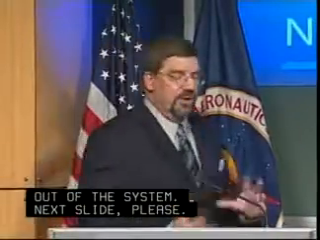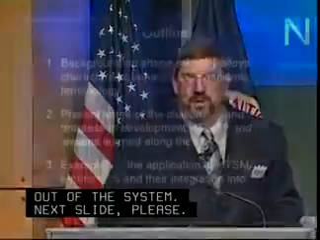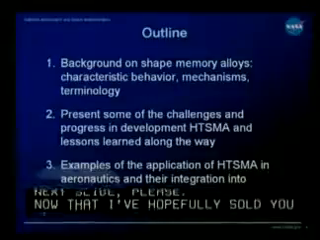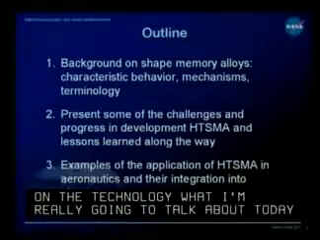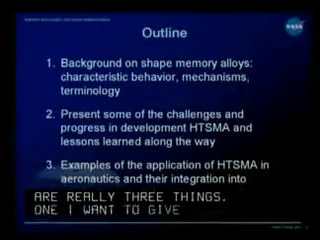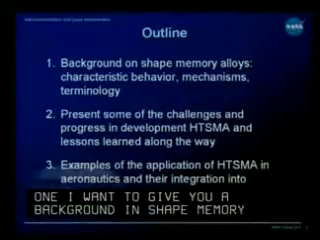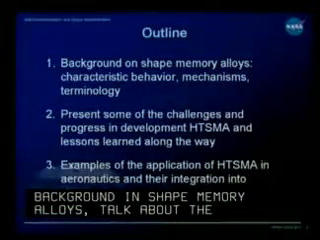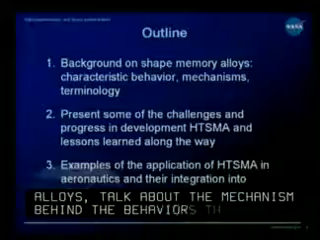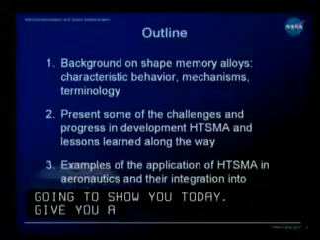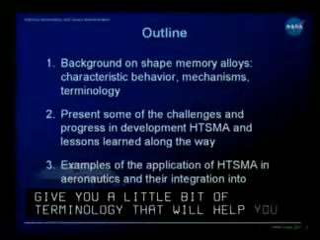Now that I've hopefully sold you a little bit on the technology, what I'm really going to talk about today are three things. One, I want to give you a background in shape memory alloys, talk about the mechanism behind the behaviors that I'm going to show you today, give you a little bit of terminology that will help you understand the rest of the talk, then talk about some of the work that we've been doing at Glenn